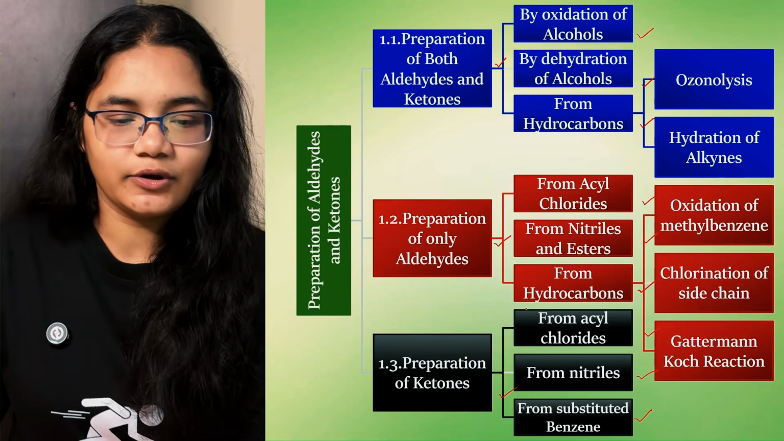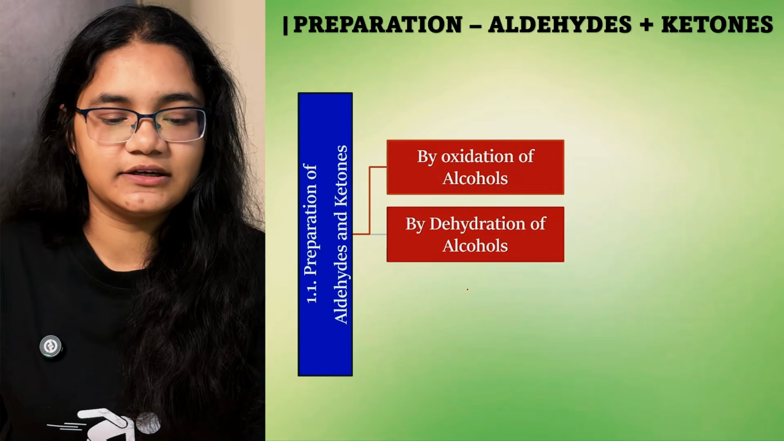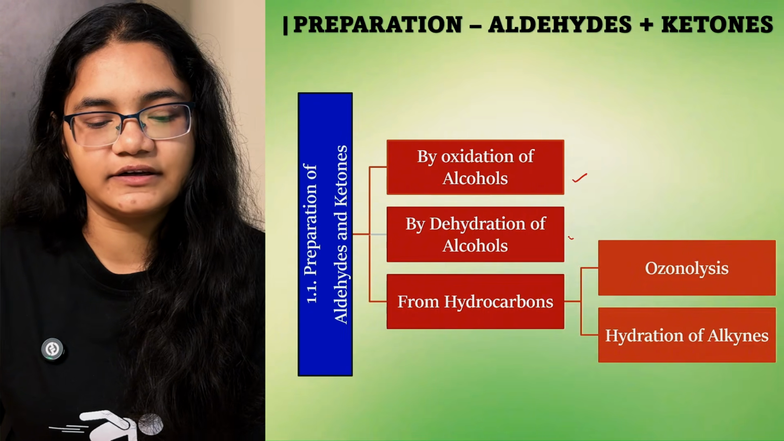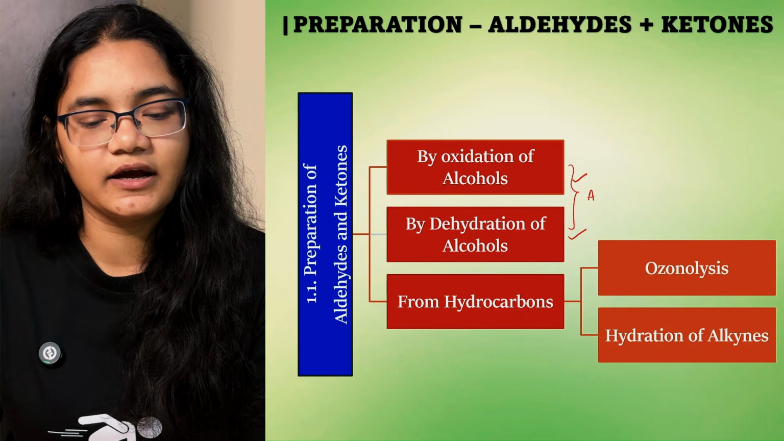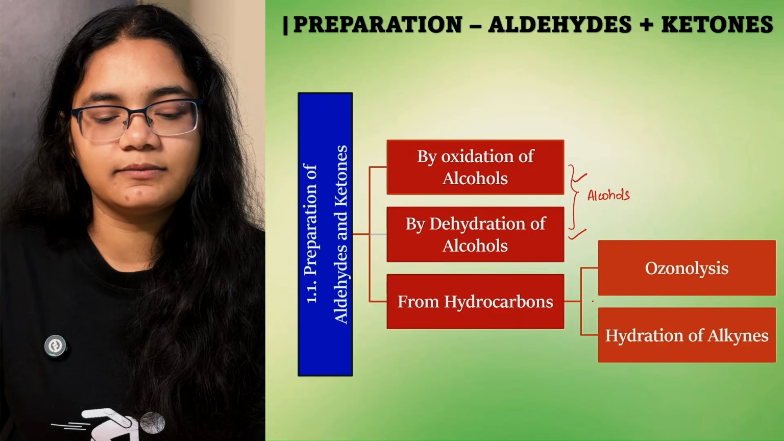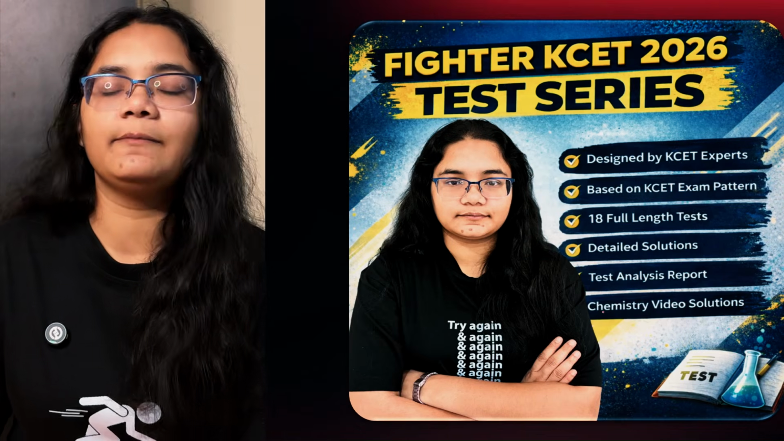Okay, so let's see the first one, preparation of both aldehydes and ketones. As we discussed, we have three methods in this: oxidation of alcohols, dehydration of alcohols, and let me tell you that these two reactions we have already covered in the chapter alcohols, phenols and ethers. And from hydrocarbons we have ozonolysis and hydration of alkynes. So before moving ahead,